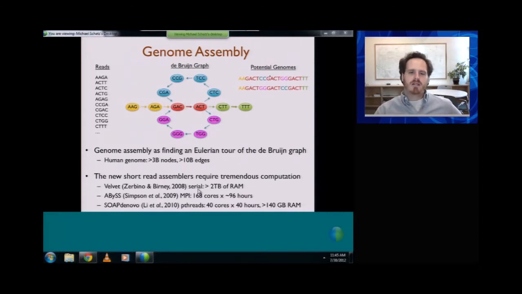So the computation, there's a nice algorithm for it, but it's very complicated just by the scale of it. If we're trying to use this algorithm for the human genome, we're going to have many billions of nodes, many billions of edges that we need to analyze and process. There are a few algorithms that try to do this, but they all require either many terabytes of RAM, or a cluster using MPI, or a very big server with many hundreds of gigs of RAM to be able to compute and reconstruct the genome.